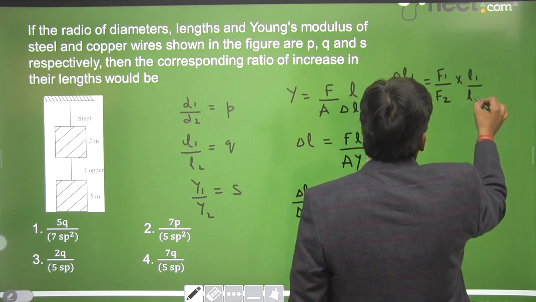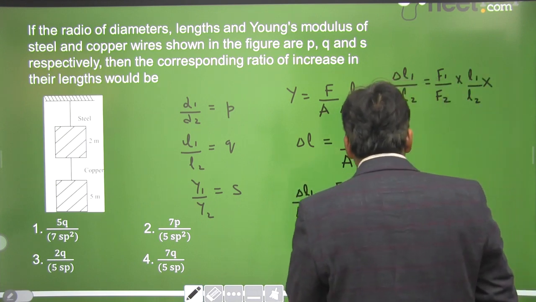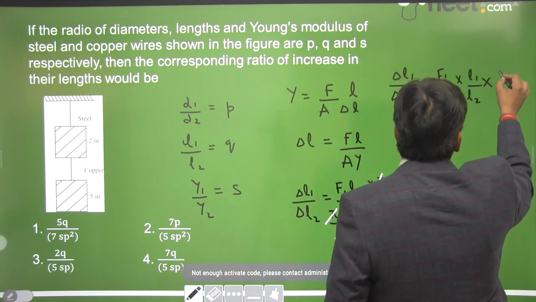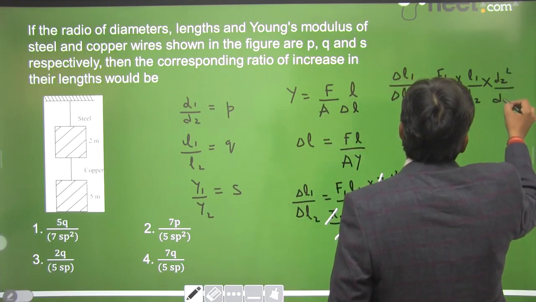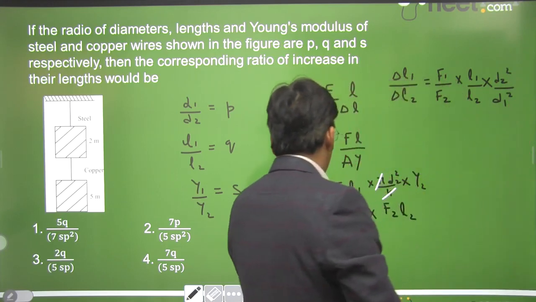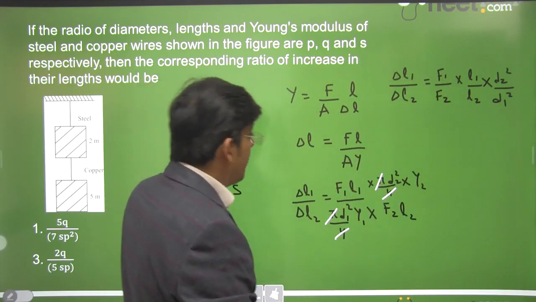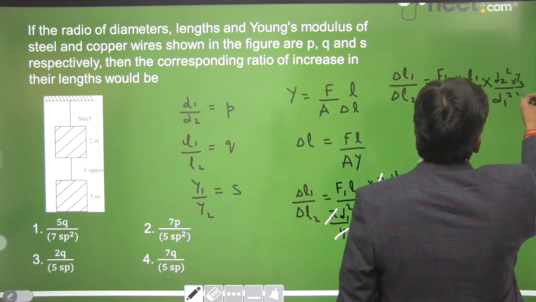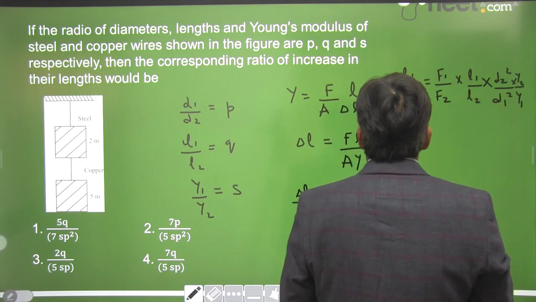L1 by L2 into d2 square divided by d1 square. I suppose this is correct. We have missed Young's modulus into, definitely it is Y2 by Y1, right? Okay. Now